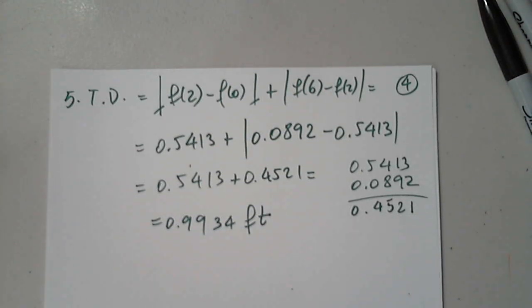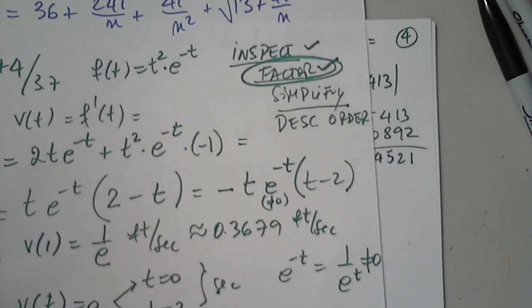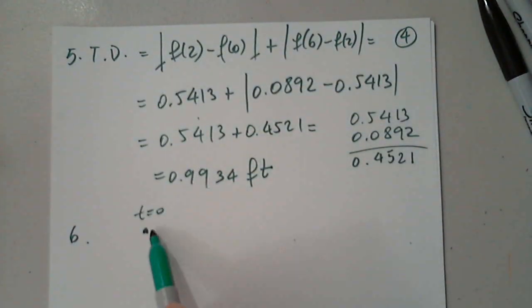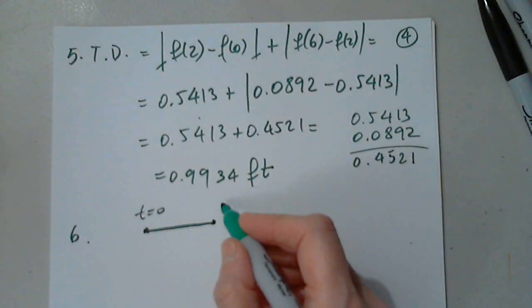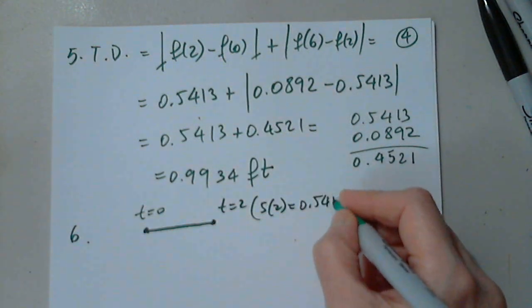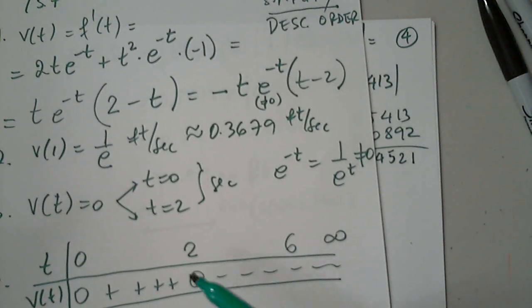Okay, then the next question. Okay, so yes, we can do that. So it starts here at t equals 0. It goes, where's my table here? It goes to the right 2 seconds and goes 0.54, so 2 seconds. So t equals 2, and s of 2 equals, if you want, 0.5413. And then for the next 4 seconds, it goes to the left,